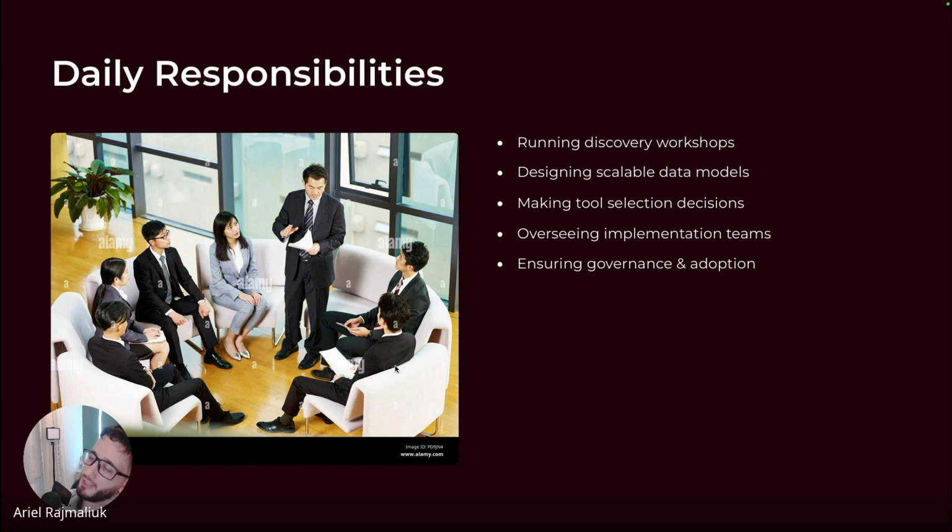So as a solution architect, you will need to run discovery workshops. And by that, I mean, this is part of the detective mindset that I mentioned before. It's very common that you get a request from the client, and you need to say, okay, let's have a meeting, right? And that meeting will be with whoever requests you to do something, but also with other stakeholders. And stakeholders are usually not just the CEO or the board. It's also the end users. Can be the director of marketing, director of sales, but you definitely want to talk to whoever is using HubSpot on a daily basis, right?